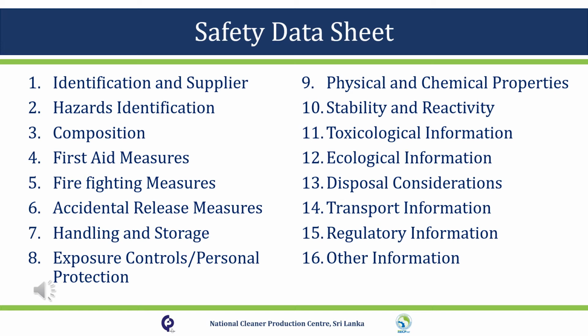1. Identification and supplier. 2. Hazards identification. 3. Composition. 4. First aid measures. 5. Firefighting measures. 6. Accidental release measures. 7. Handling and storage. 8. Exposure controls, personal protection. 9. Physical and chemical properties. 10. Stability and reactivity. 12. Ecological information. 13. Disposal considerations. 14. Transport information. 15. Regulatory information. And finally, 16. Other information. If we consider this in broad strokes, Section 1 to 8 give general information about the chemical,